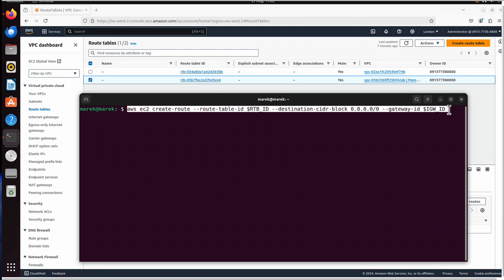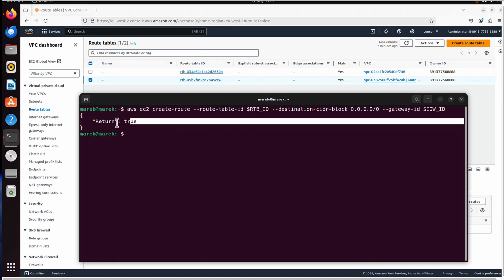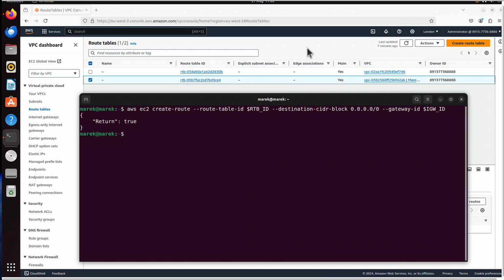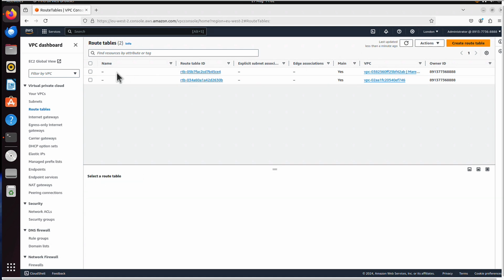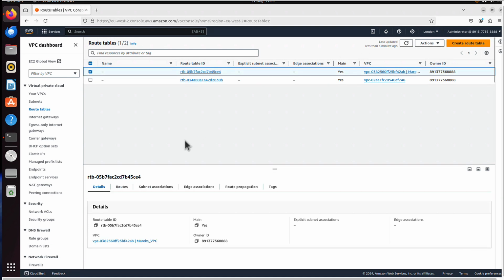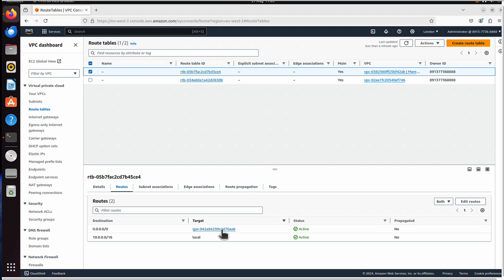So let's press enter. Return true means it was added. So if we go back, if we refresh and click our routing table, routes, we can now see 2 routes. One is the local to all resources within the VPC, and the other route is like all other traffic should go to the internet gateway. And this is our internet gateway, AA6.